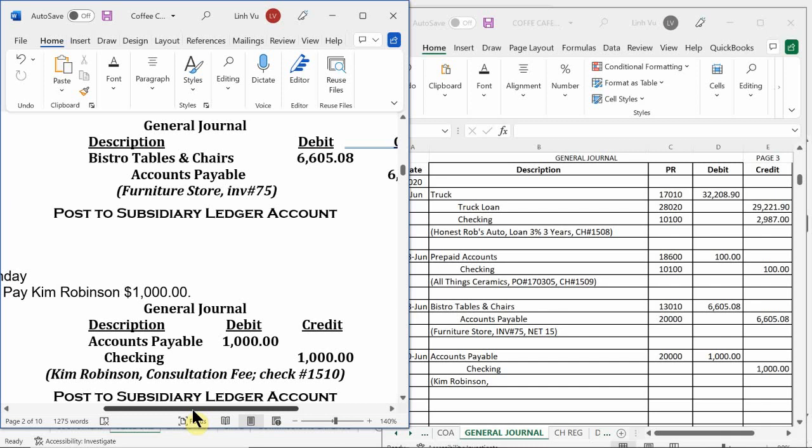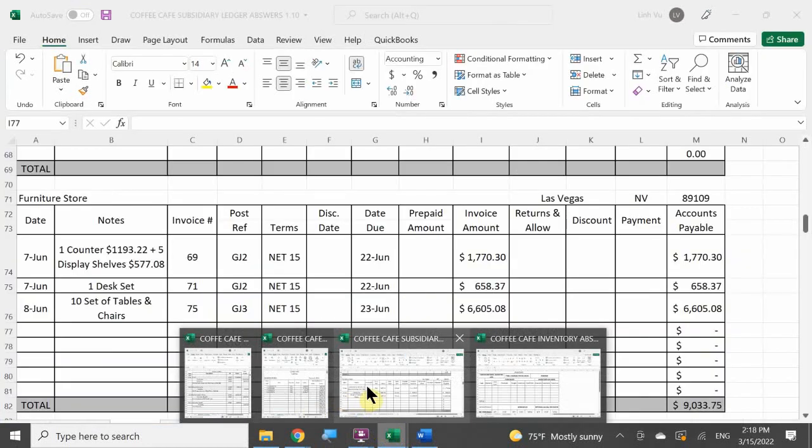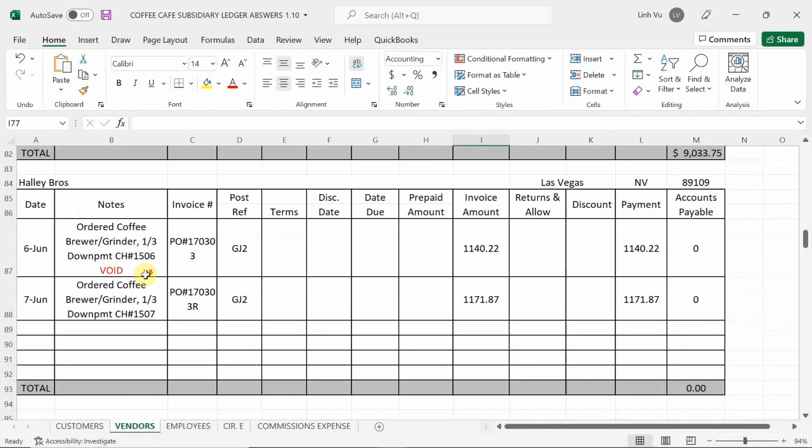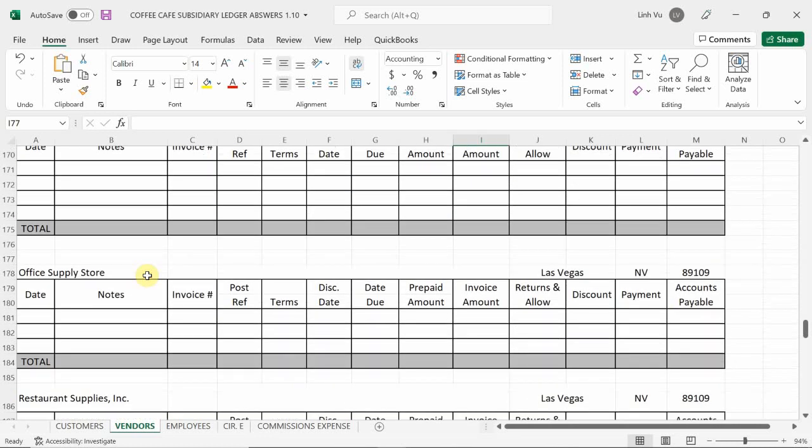Where would I find all the information in regards to all my bills, all the vendors that I deal with? Where would I find that? The subsidiary ledger, okay? Because here, what if I owed Kim multiple bills, right? I need to make an association to know that this payment that I'm paying right now is related to this